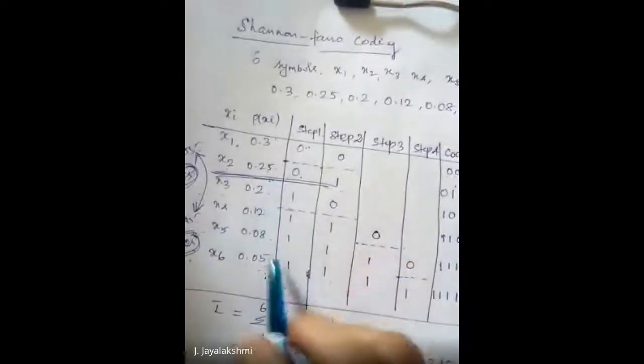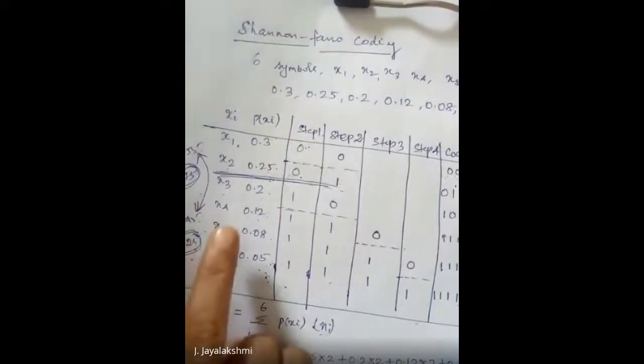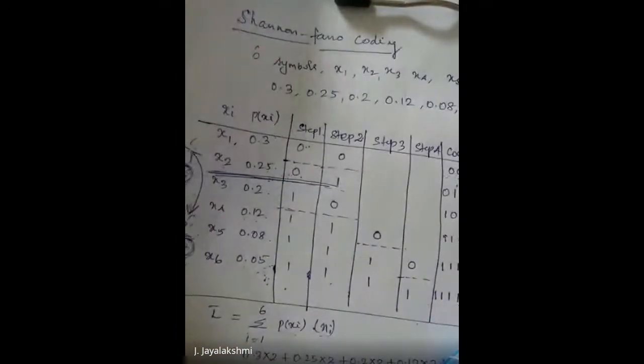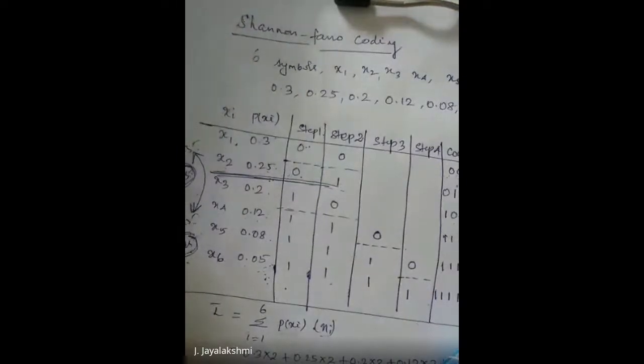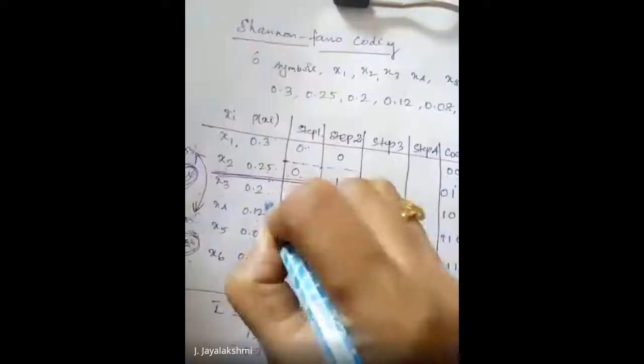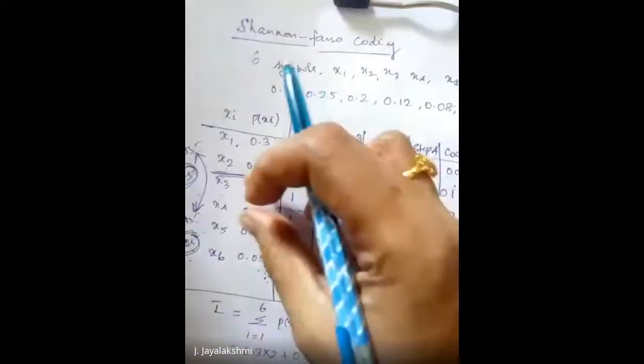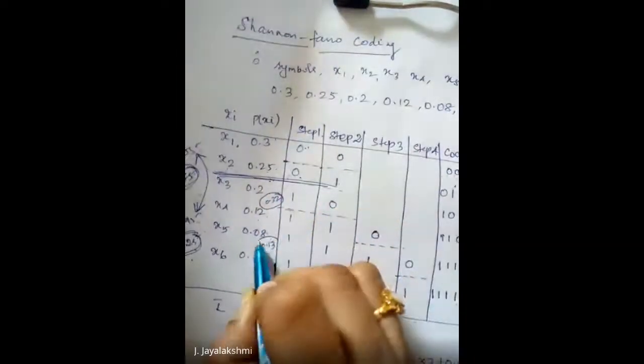So in your below four symbols, what is the possibility? Now, I can divide this into two halves. Am I right? X3, X4 and X5, X6. Now you add these two and see what happens. What is X3 plus X4? 0.32. Okay, this is 0.32. What is this one? 0.13. With an example I am explaining this. If you go for equally dividing this into two symbols, the probability is 0.32 and 0.13.